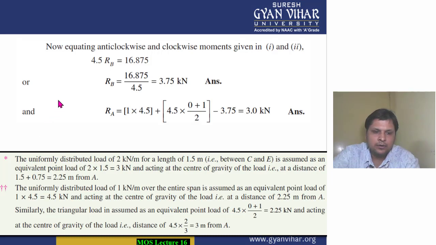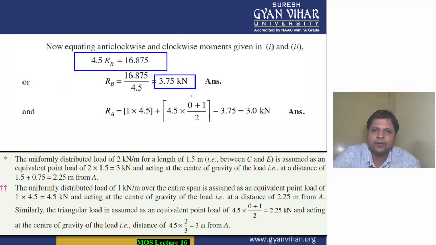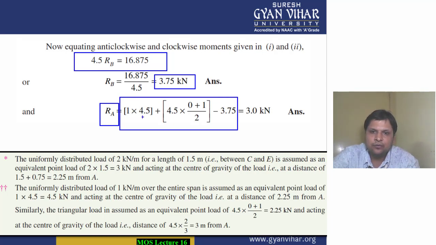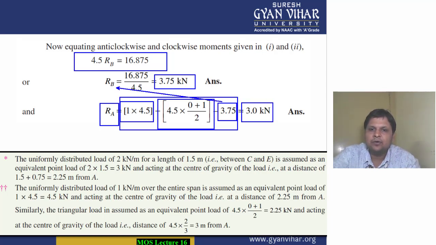So finally, we have calculated the value of RB by equating the clockwise and the anti-clockwise moments. RB is 3.75, and from that we have calculated RA. RA will be calculated by subtracting the load values which are going downwards, meaning one from the UDL and the other from the UVL, by the load which is going upwards, meaning the support reaction RB. So we will get the value of RA. In this way, RA and RB, both end reactions, we have calculated in this question also.